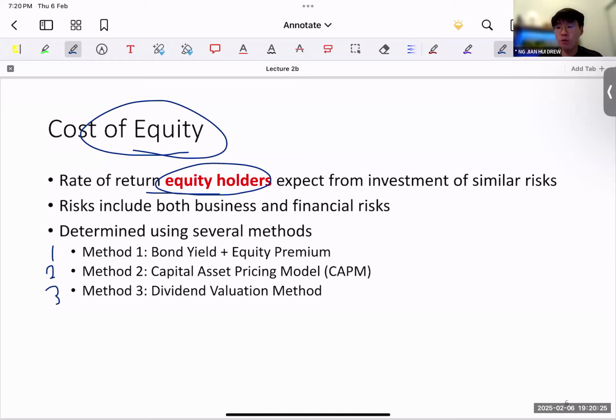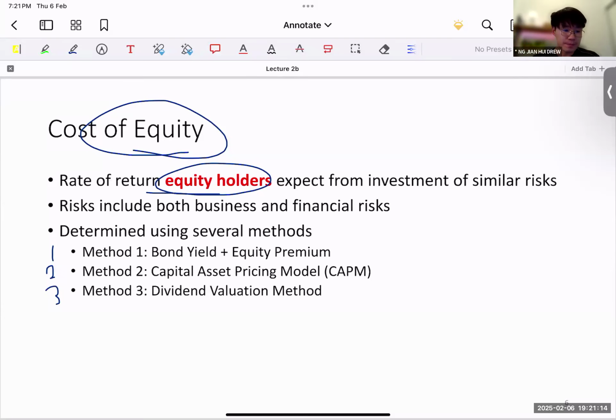So again, there's a lot of flexibility in terms of what cost of equity you use. And you will see that in lecture one, we talk about how valuation is like an art, right? It's not only a science. Yes, it's mathematical, you need to calculate stuff, but it's an art because every equity analyst will have a different valuation of the same firm simply because, like what you can see here, we have three methods, method one, method two, method three, for just determining the cost of equity. And you'll see this for the cost of debt as well, right? And so different equity analysts will have different methods, and hence there will be different valuations at the end of the day.